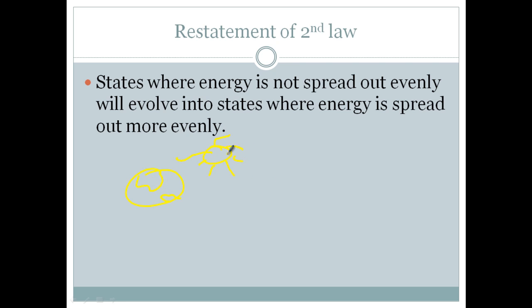But as time goes on, all these things start breaking down. All these molecules start getting evenly spread out. All the energy is evenly spread out, until the entire universe, all the matter, is evenly spread out. I mean, nothing exists because everything shares the entire realm of space equally. Now, this is one of the views on what's going to happen at the end of time, that all matter is going to be evenly spread throughout the universe. Nothing's going to exist. It's just this big amalgam of everything evenly spread out.